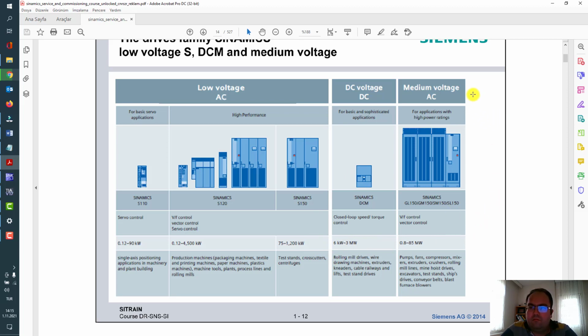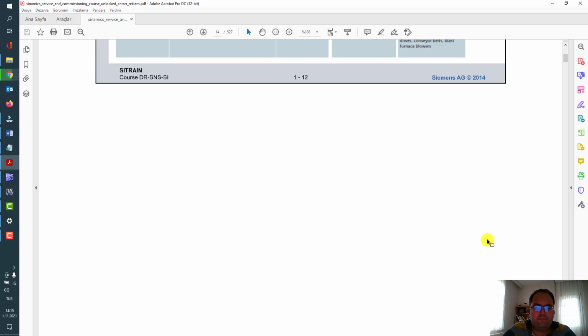Also, other family members are medium voltage drives, Sinamics GL, GM, or SM150 drives.